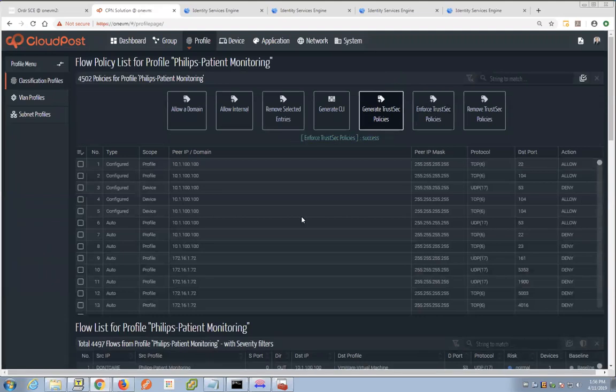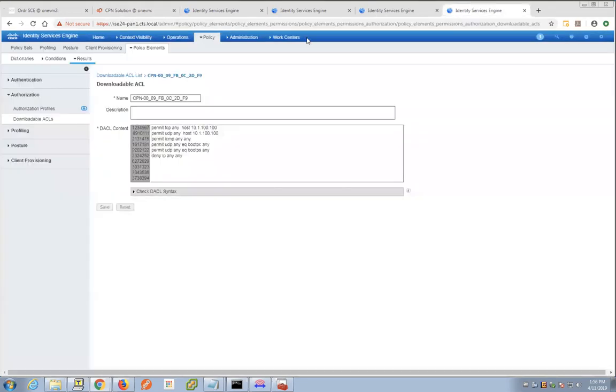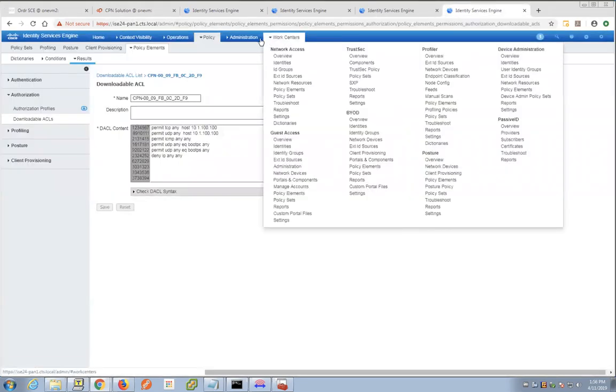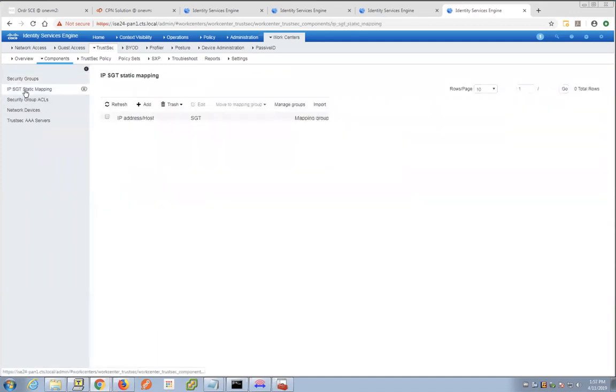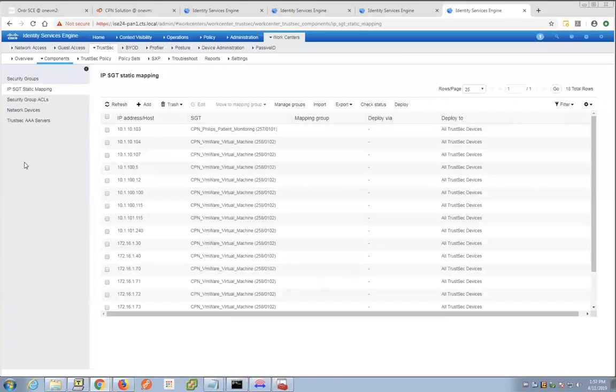But let me go ahead and enforce those policies. And now when I go into the ISE interface, you will see that under my TrustSec components, I have automatically assigned those devices, created the SGTs if necessary. I can export either dynamic or static SGT assignment.